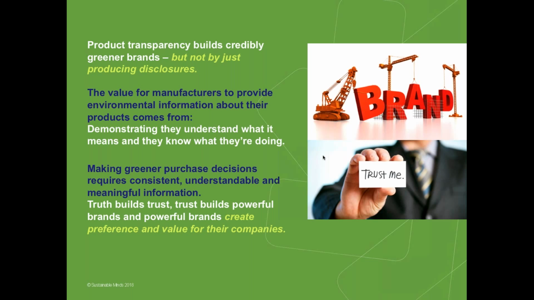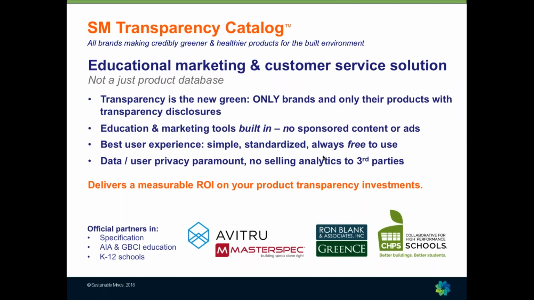The real value for manufacturers is to be able to demonstrate they understand what those disclosures mean, and to be able to demonstrate they know what they're doing. Those are the kinds of stories and the kinds of information, otherwise known as marketing, that creates trust in a brand, and trust builds powerful brands, and powerful brands create preference and value for their companies. So the Transparency Catalog is designed to accelerate the adoption of product transparency into the mainstream